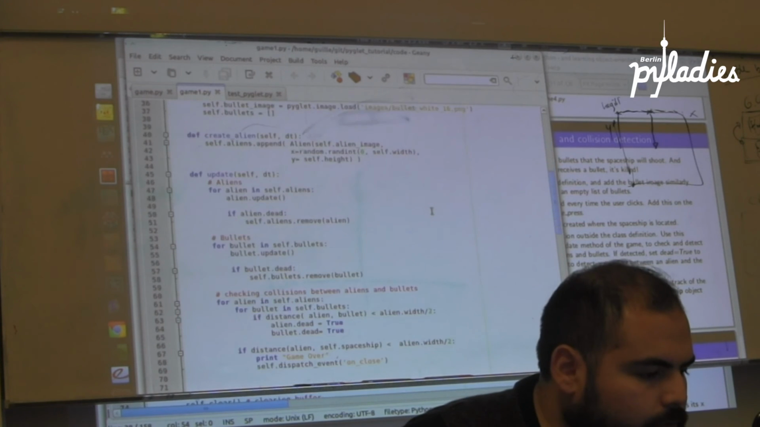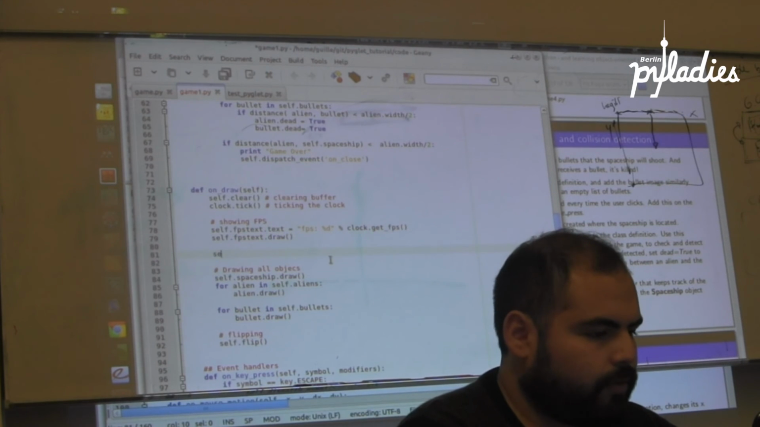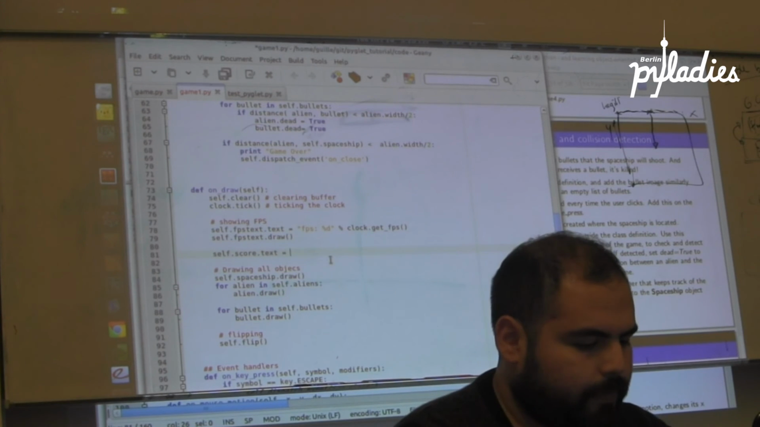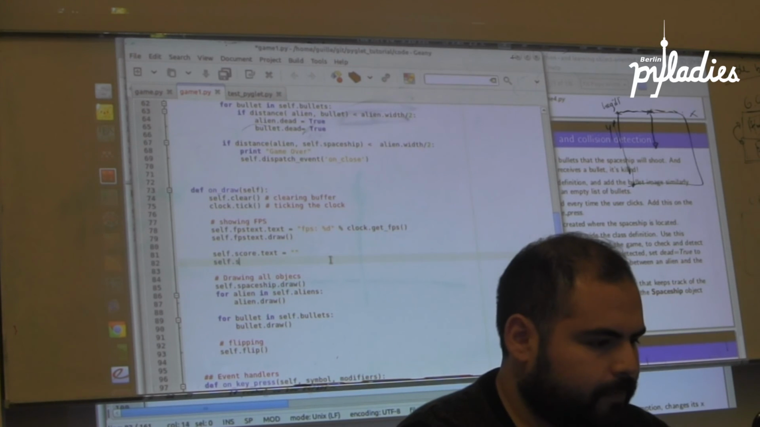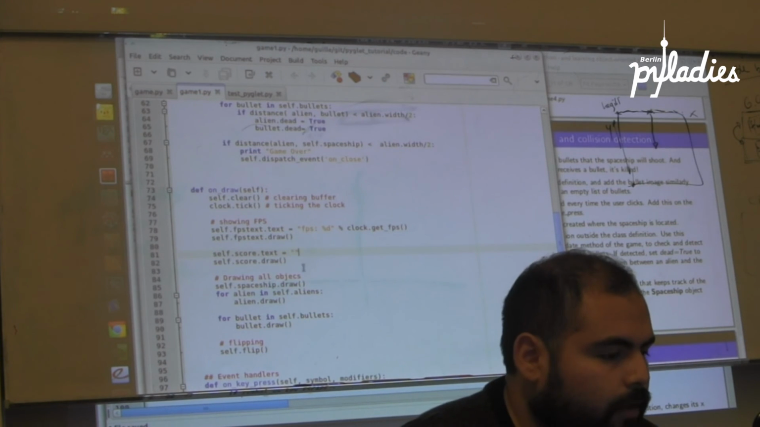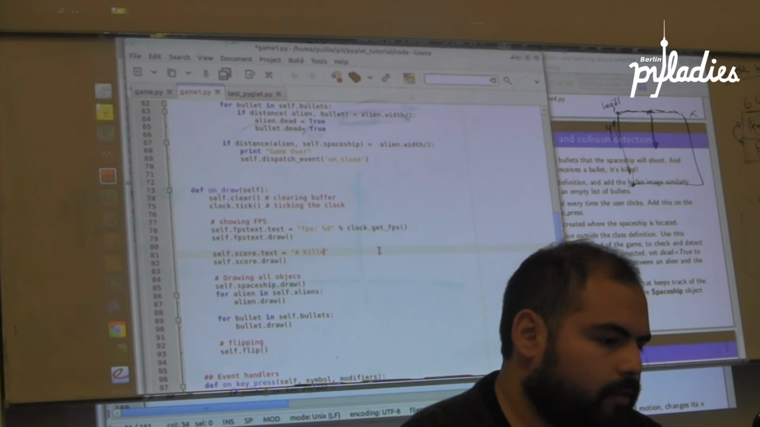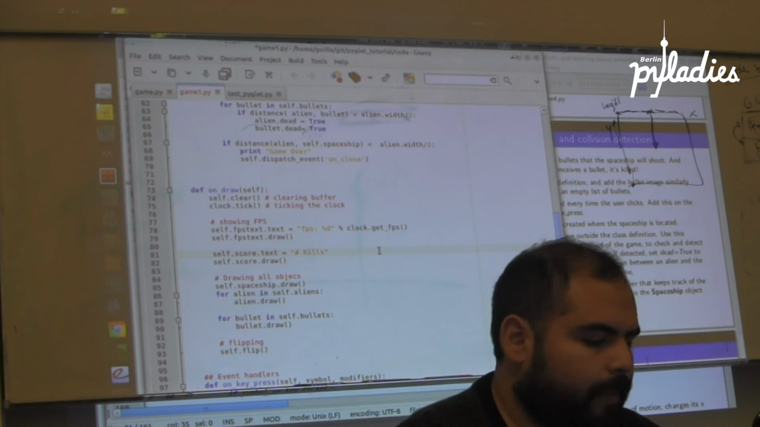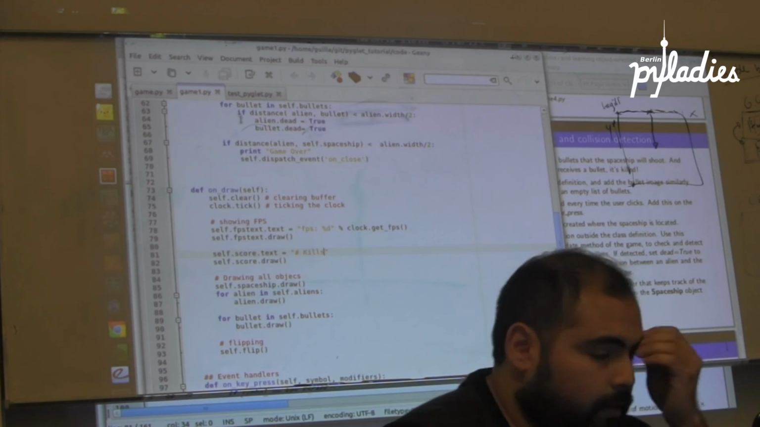And then when I draw here, I need to do something similar. So self score, I need to draw a text in this text, and then I need to draw it. So let's say here I would say number of kills, and this will have to be a number, right? So if you do it like this without nothing,